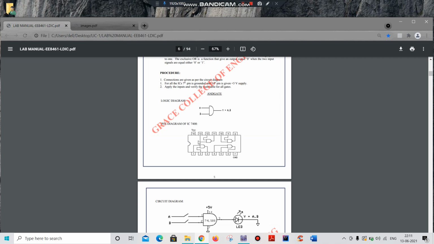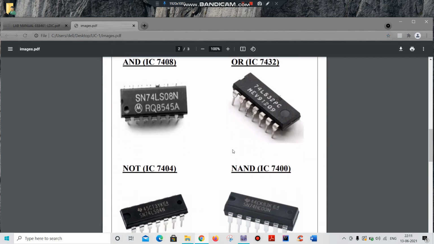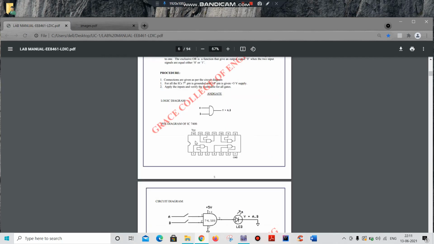In this chip itself we have the chip diagram. In this single chip we have 4 AND gates. Okay, these 4 AND gates occupy pins 1, 2, 3, 4, 5, 6, 8, 9, 10, 11, 12, 13. So except 7 and 14, all other pins are occupied by the 4 AND gates.